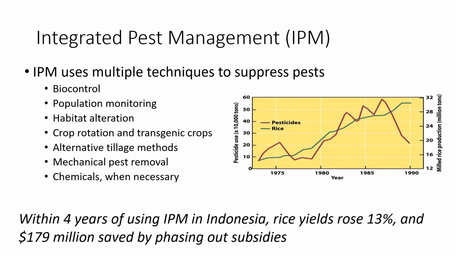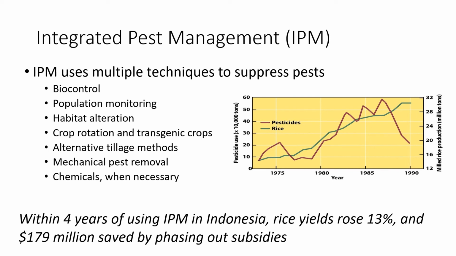Or maybe you want to bring in some different habitats, such as some marigolds to bring in ladybugs, and the ladybugs eat the pests that you don't want. Or genetically modified organisms, where you're definitely not using chemicals. So that's part of integrated pest management. There's also no-till agriculture, which we'll talk about more, and just physically picking your pests off of your plants, or weeding, which is mechanical pest removal.